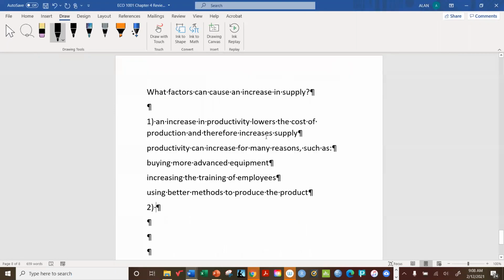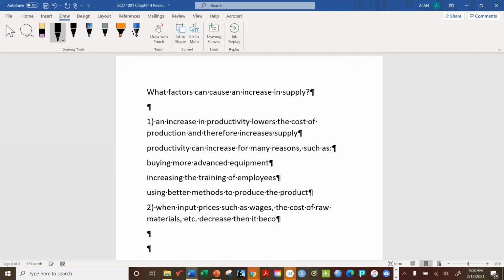Number two, input prices. When input prices, such as wages, the costs of raw materials, etc., decrease, then it becomes more profitable to produce a product and the supply will increase. Okay. So let's say, for example,